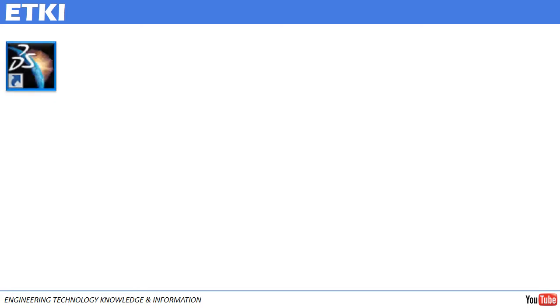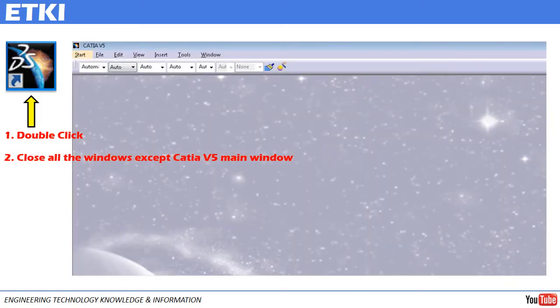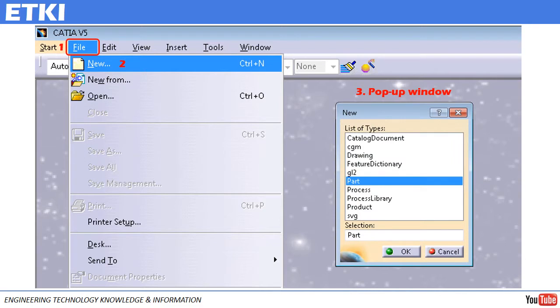Go to desktop, CATIA V5 icon will be there. Double click the icon to open CATIA V5. Once everything is open, close all the windows except the main window of CATIA as shown in the screen. Click on File, New. As soon as you click on New, a pop-up window will open. Select Part and say OK.